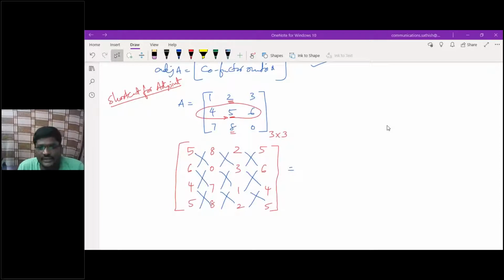Yes, sir. For each and every four individual elements, I need to calculate the determinant. So let me take this as A, B, C, D. So AD minus BC. What will you have it as? Minus 48, sir. So for the first one, AD minus BC gives minus 48. Then the next will be 24.